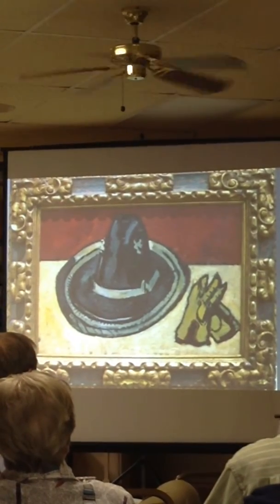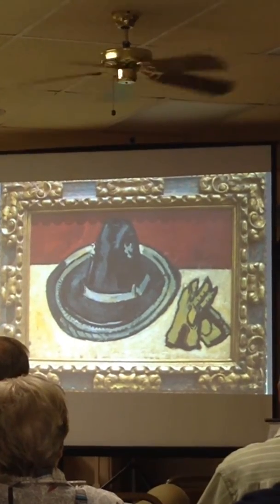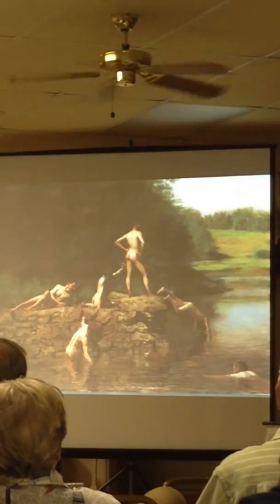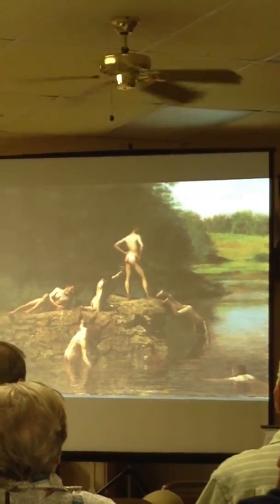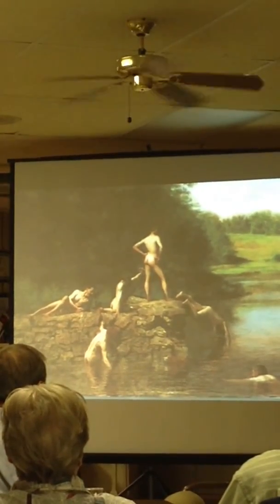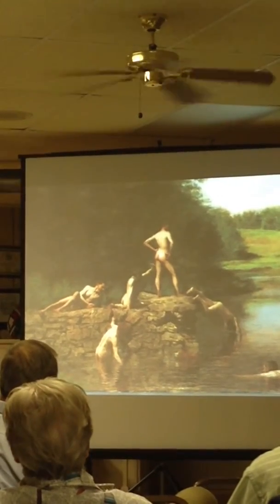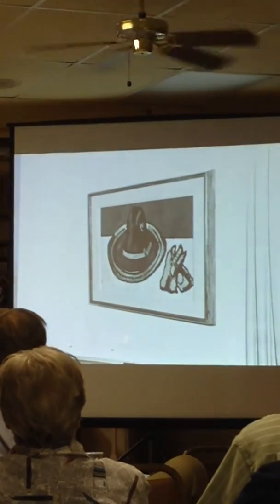This was in the president's bedroom, or the room decorated for him. It's called Sombrero with Gloves by Marsden Hartley, who's an American modernist. Swimming by Eakins. It's been in Fort Worth since 1925. It was the most important American painting in Fort Worth then. It's still the most important American painting today. So they took the best American painting they could find, and that's where they installed it